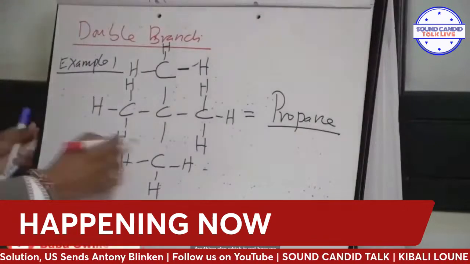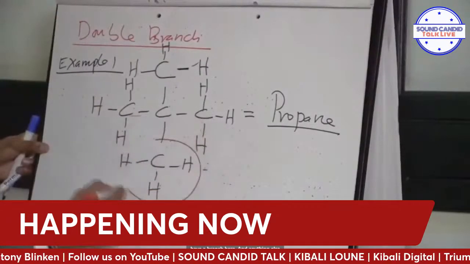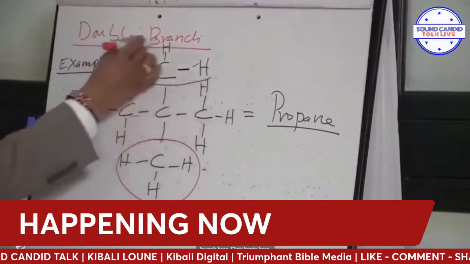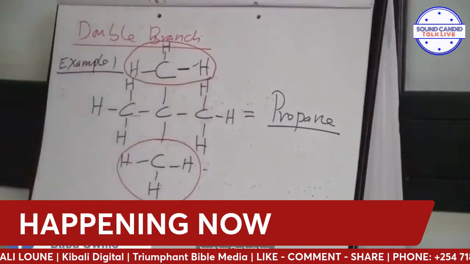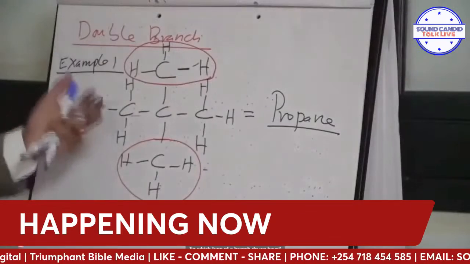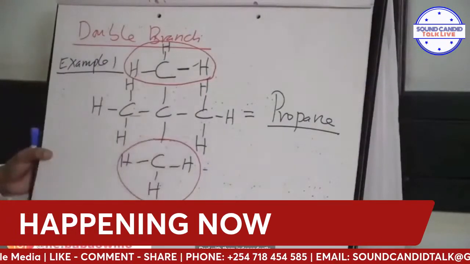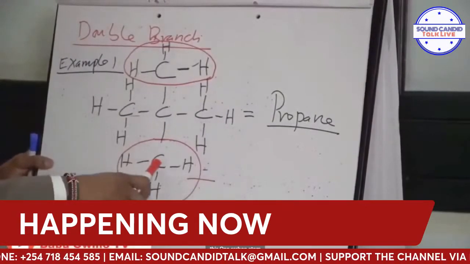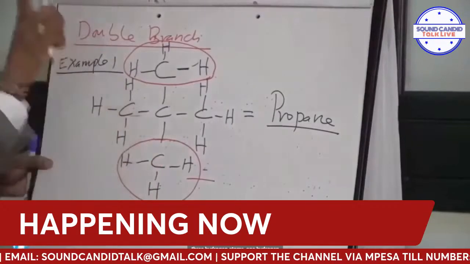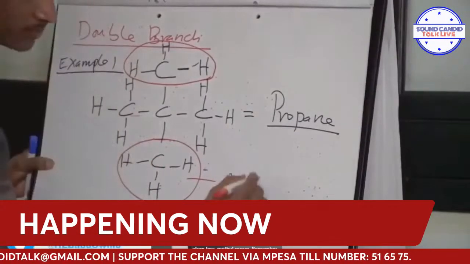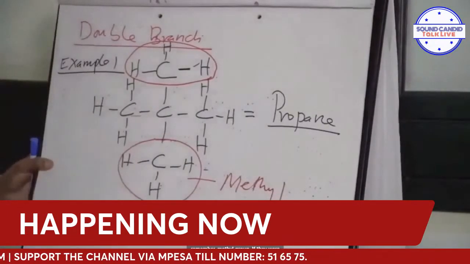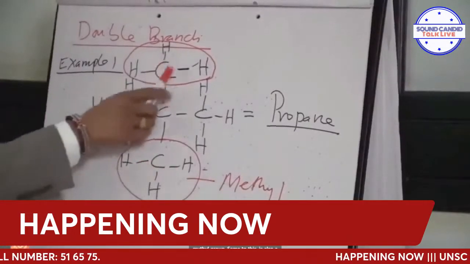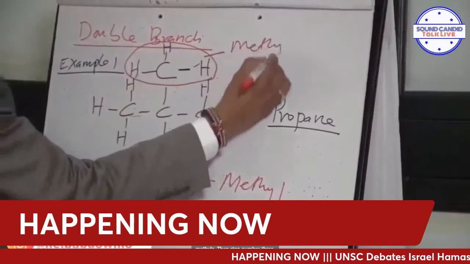So where are our branches? Anything else which is not here, we have a branch here. And anything else which is not here, we also have another branch here. Class, begin here. So which type of a branch do we have? Deal with them independently, individually. So when we start with this, 1 carbon atom, 3 hydrogen atoms, 1 hydrogen atom less, methyl group. Remember, methyl group. If there were 2, ethyl group, but now here is methyl group. Same to this, is also a methyl group.